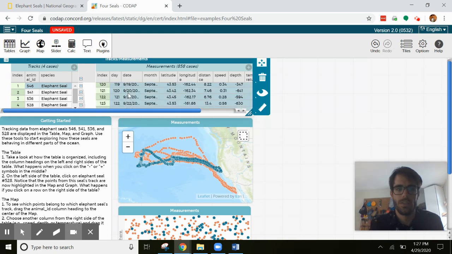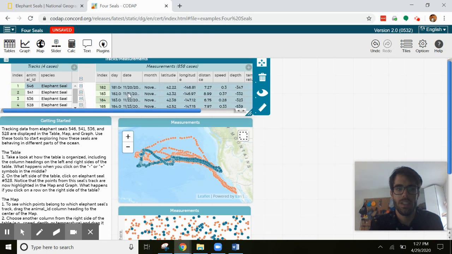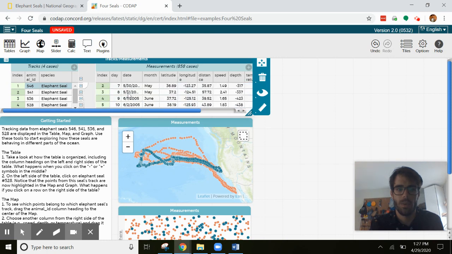And then once we scroll past all of the data points, probably hundreds of data points, it moves on to the next seal. So this is seal 541. So all of those data points are listed here. It's just a way of organizing the table,